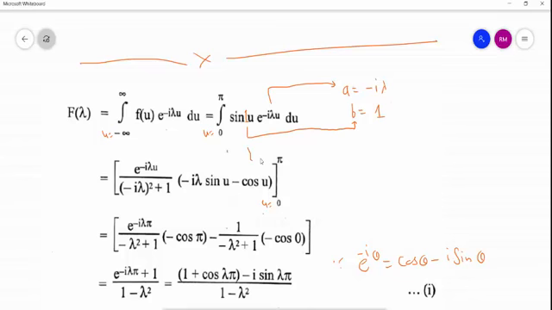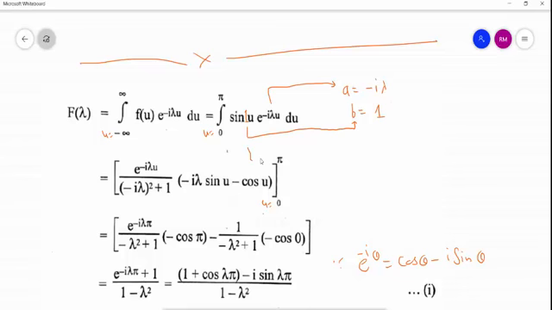e raised to 0 means 1, and we get the second term like minus 1 upon lambda square minus lambda square plus 1. Here sin 0 is 0, cos 0 is minus cos 0, and cos 0 is 1, we already know. So minus of minus will be plus here, such types of terms will occur,